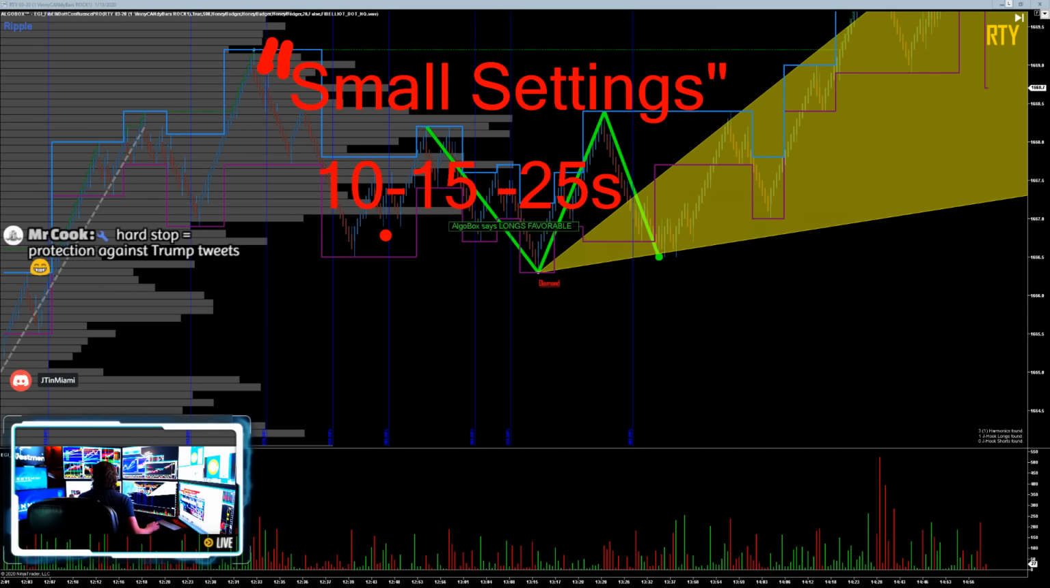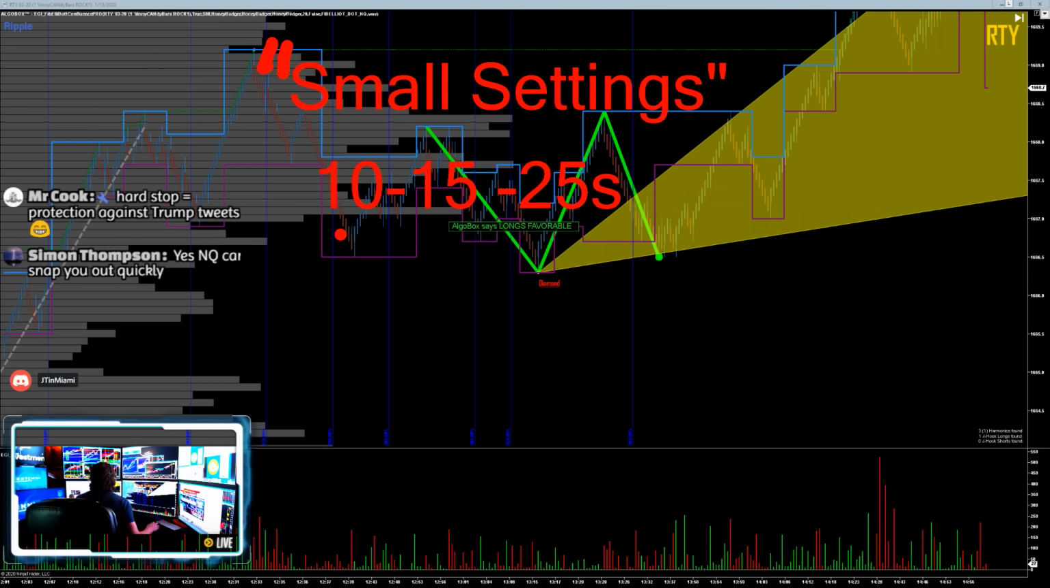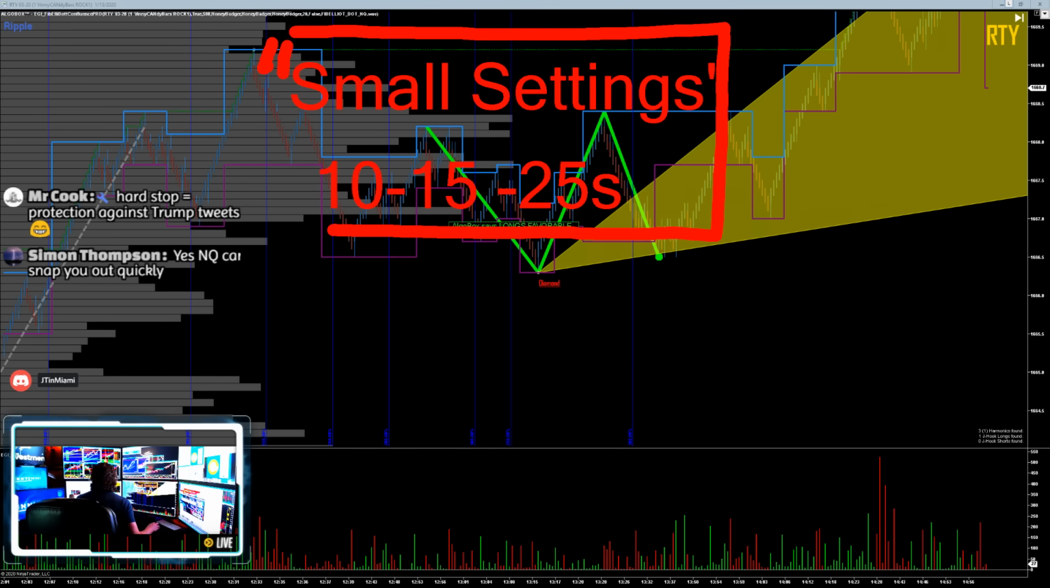Yes, Mr. Cook, the hard stop is a protection against Trump tweets. Exactly, something crazy happens. So this is a small. Sorry, folks, I know I drew large there a minute ago because I was going to try to do them in order, and I flubbed it completely. Same thing on the other one though. So on large, now that you guys can see this is my correction, if you were taking notes,